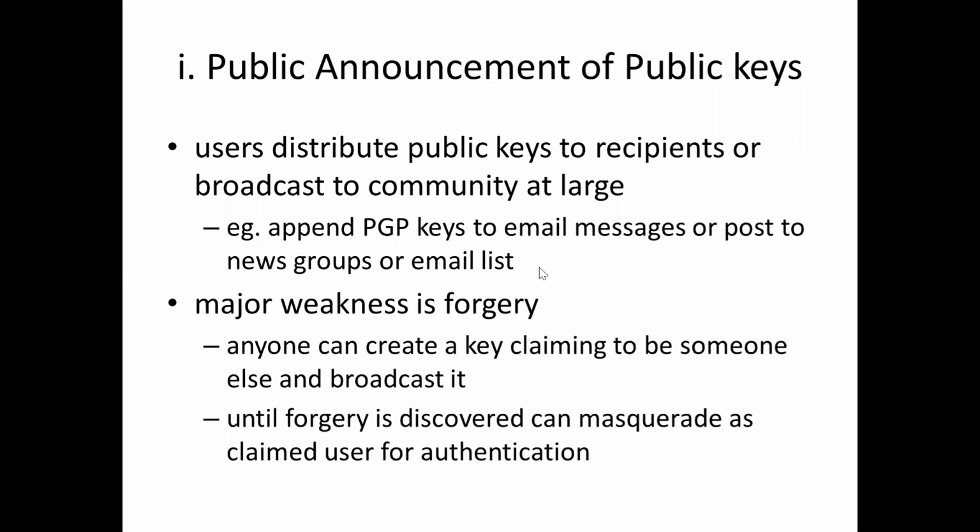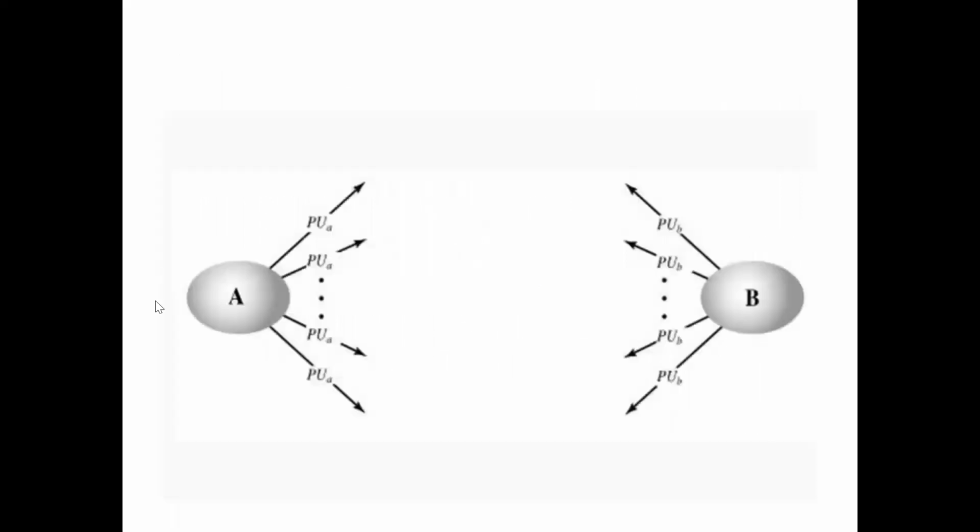Here we will see that user A, one participant, has to announce his public key publicly. In the last session, we discussed that the public key of a participant can be represented as PU. Whose public key? A's public key, so with the suffix it is represented as PUA. In some textbooks, it is represented as KUA, where U represents public key. KUA is the public key of participant A. Here, participant A announces his public key publicly.